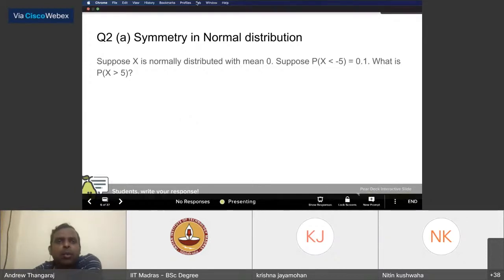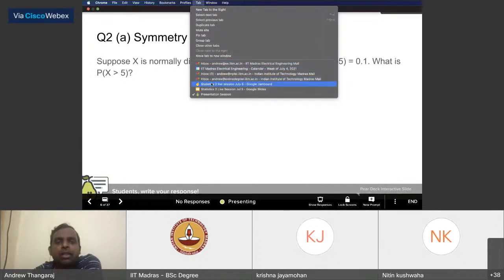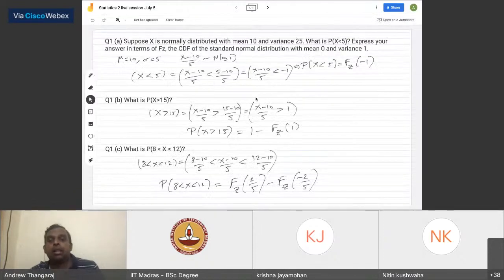Okay, sorry. I wanted to show you solutions for the first three. Here are solutions real quick for those who were working it out and maybe didn't get to the correct answer in time. So the first thing to identify when a normal distribution is given is what is mu and what is sigma. And then from there, you know (x minus mu) by sigma is going to be the standard normal. So this is the transformation you have to do.